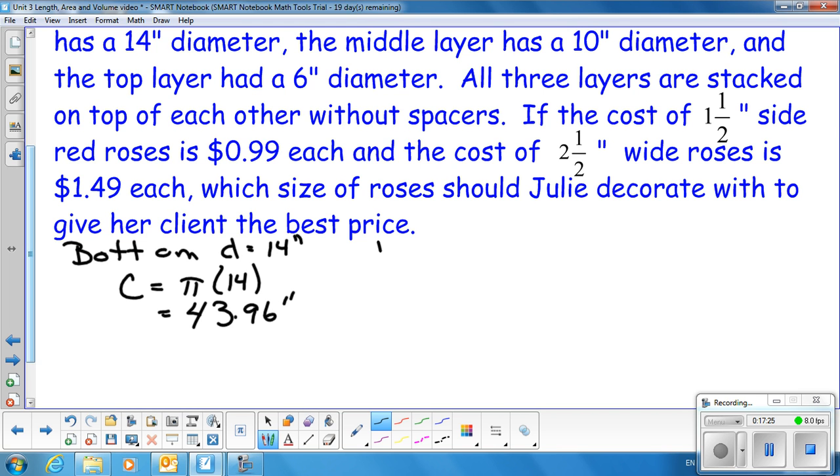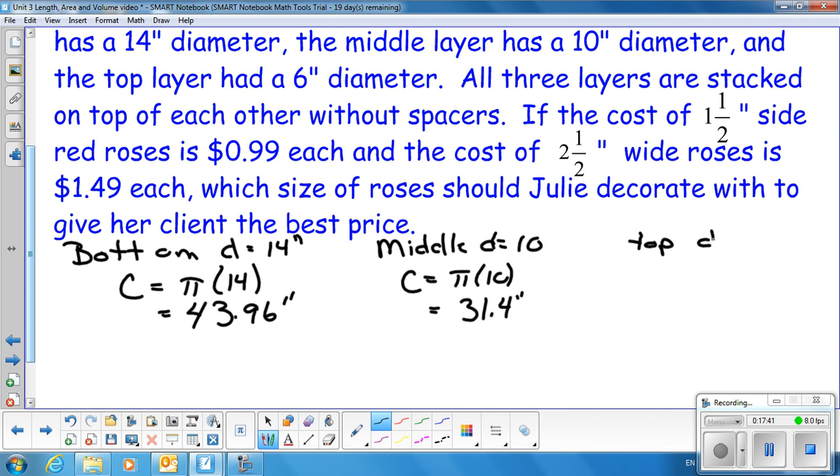The middle had a diameter of 10 inches, so the circumference is pi times 10, or 31.4 inches. The top had a diameter of 6 inches, so the circumference is pi times 6, which is